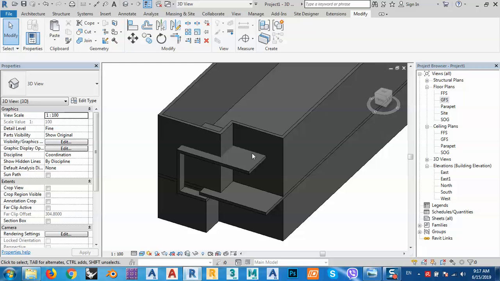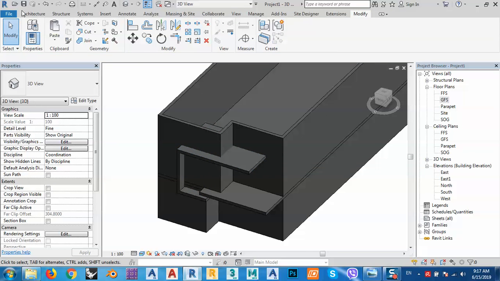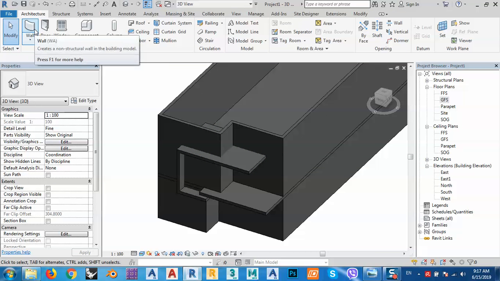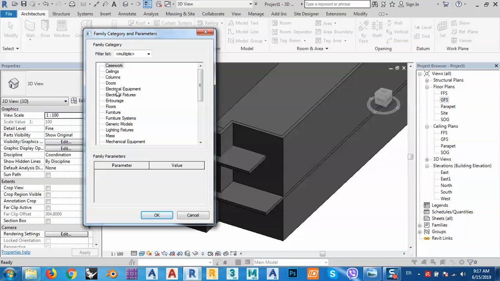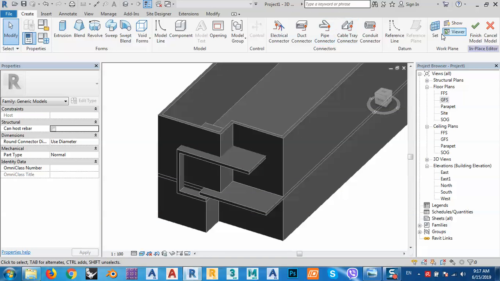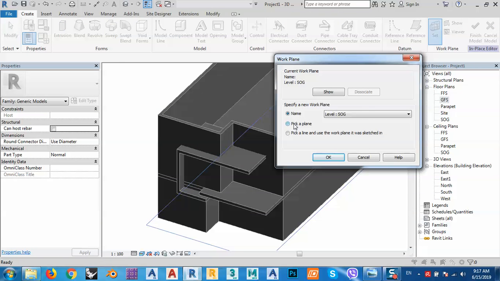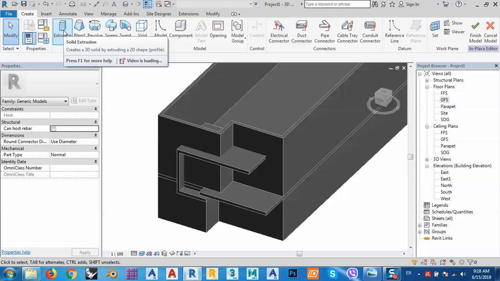Okay, how we can do, we can click from here, or we can make another model in place. So let me go to another drawing, component, model in place, any type of it, no problem, generic model, let's say, okay, and set a plane, pick a plane, okay, and this is the plane that we want to work with. After that, extrusion,